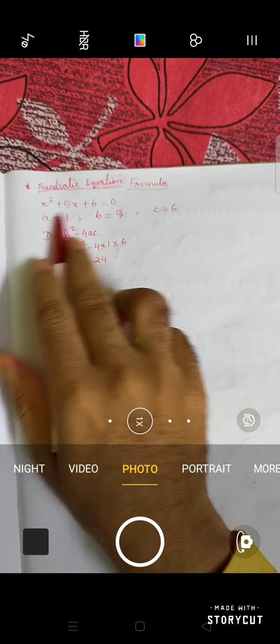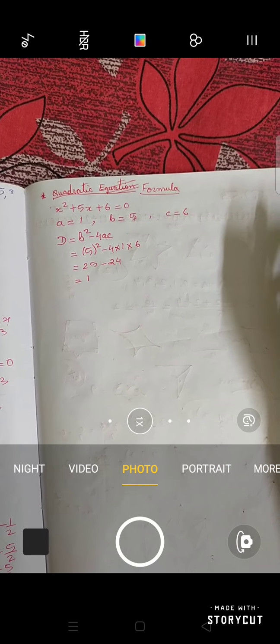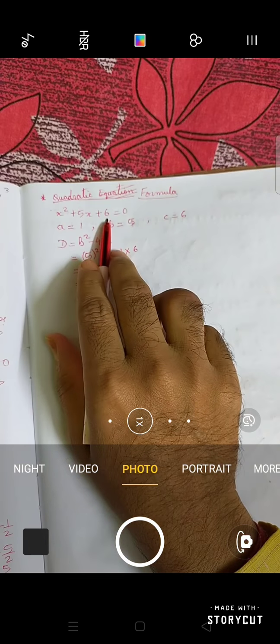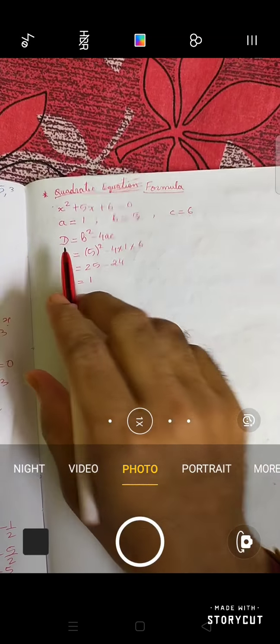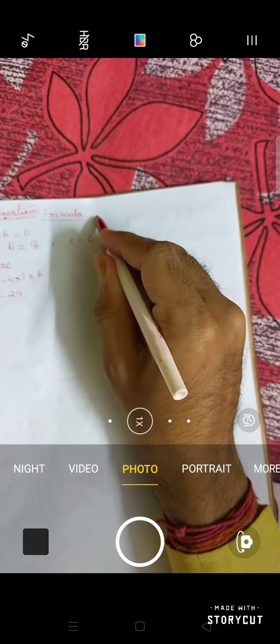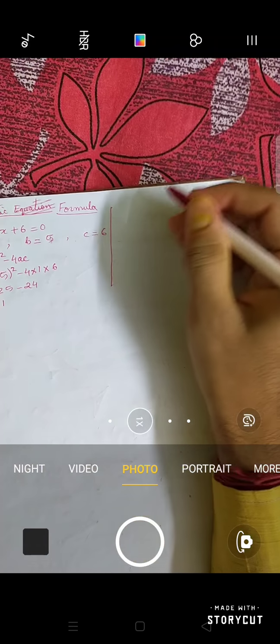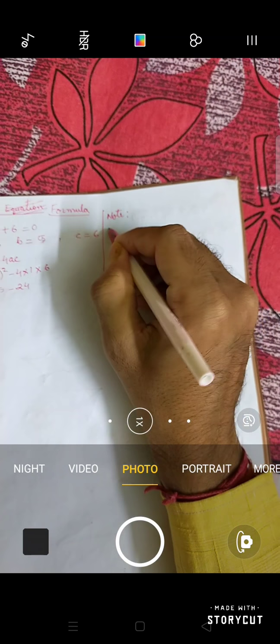By observing the question, we can easily understand that we will definitely have two zeros here because it's a quadratic equation. By finding D, we can easily understand whether these two zeros will be the same or different. Fine. So how to know this? You will write a note somewhere, wherever you want. So note first one. Ready?